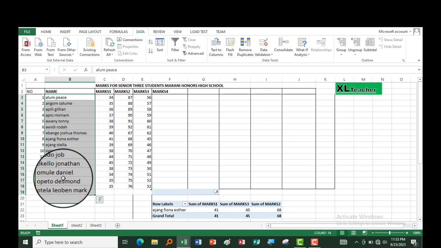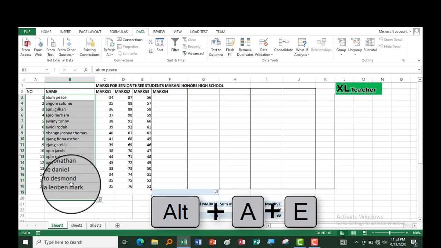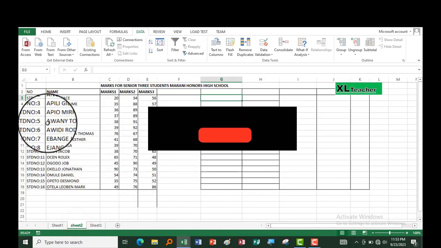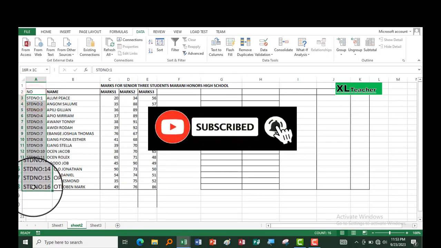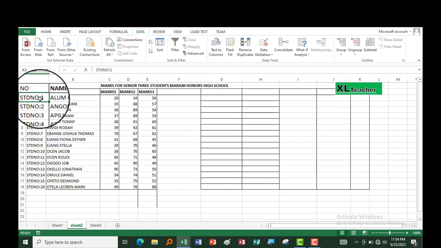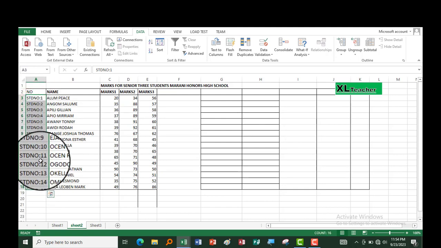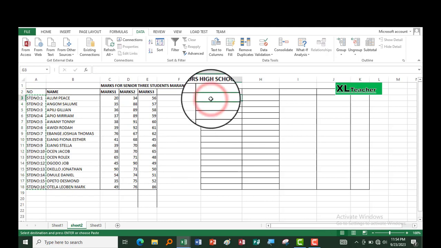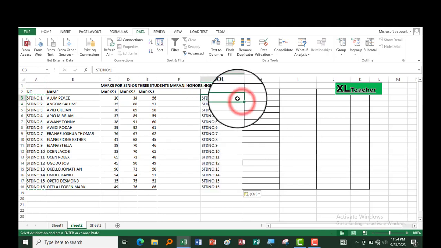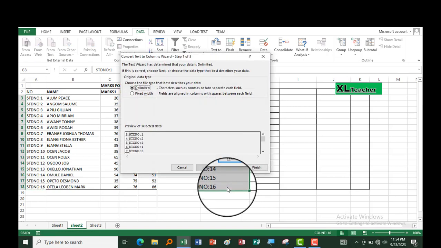Next shortcut, holding Alt plus A plus E. We have to split data which is in text into columns. Now, these student numbers are a mixture of some text and a certain delimiter, which is a colon and a 1. So, I want to split this data into 2 columns. First of all, I'll copy it, then I'll paste it here. Then I have to select it, then use my shortcut Alt A and E, Alt A and E to bring up